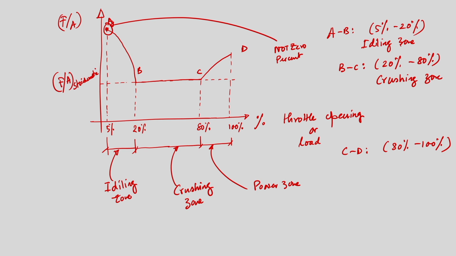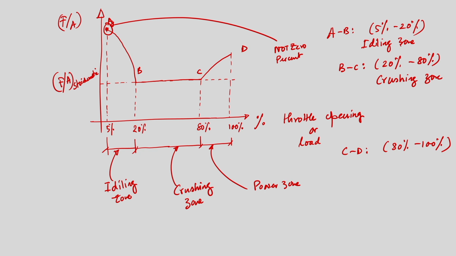So, the requirement of a fuel air ratio higher than the stoichiometric one, we have explained. Why we need to supply a higher fuel air ratio than the stoichiometric one during the idling zone and power zone, we have explained. And the cruising zone, of course, we need not explain anything, because the engine should run most of the time in this zone, and this is the most economic zone of operation, and of course the engine is running at the stoichiometric fuel air ratio.